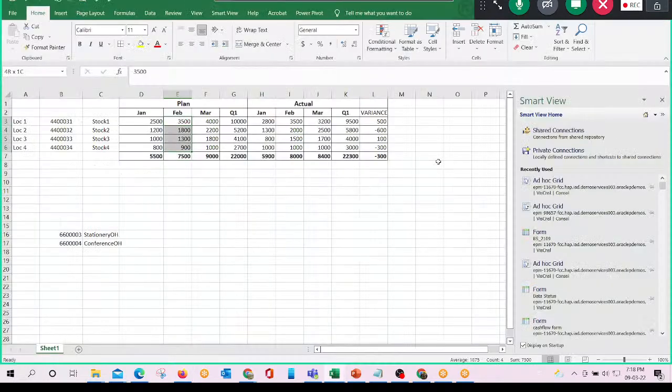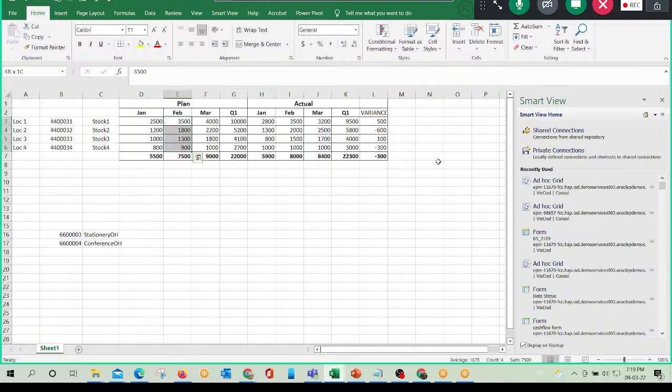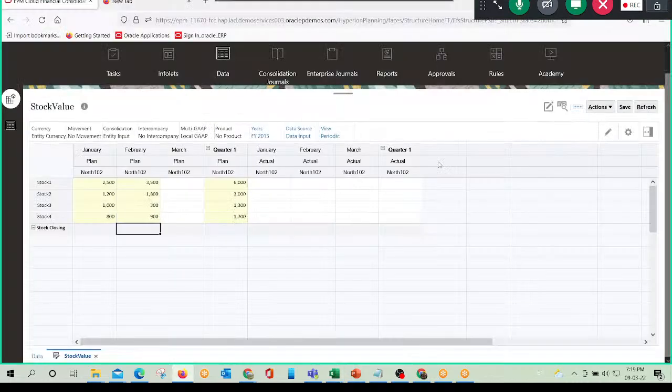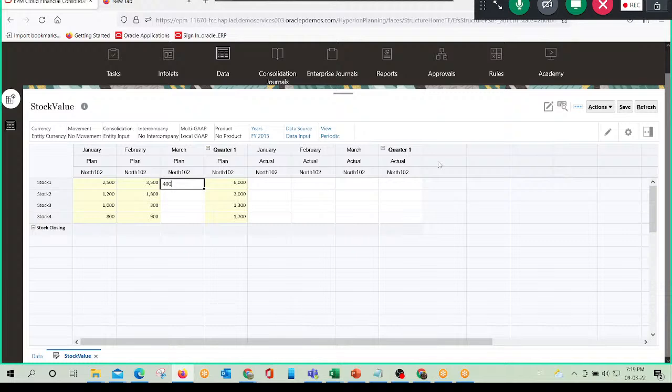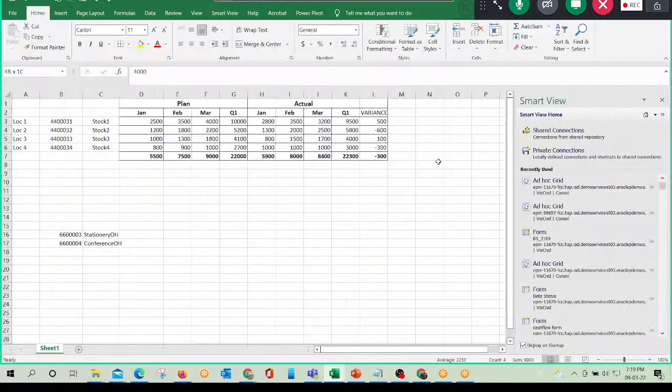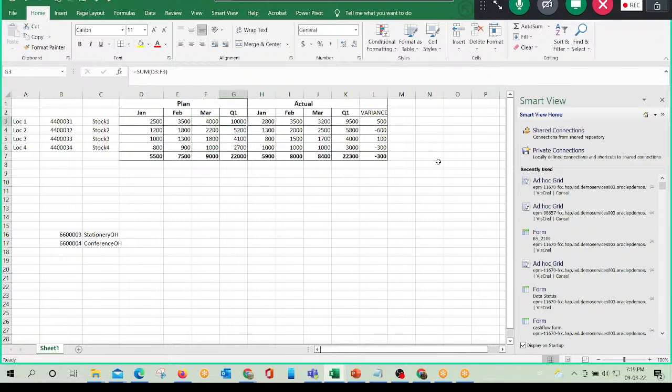This one, 1800, 1300, and 900. So these are the figures. For March, it is 4000. For stock 1, 4000, 2200, 1800, and 1000. So here comes our total 10,000,